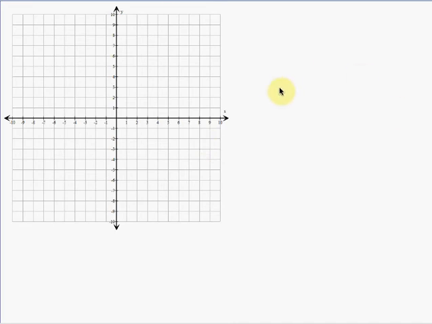Alright, so we are going to graph a quadratic function, meaning that it's going to be a parabola. We're going to graph one of them here. If you can do one, you can do them all. You just have to follow these steps. Alright, so let's see here. We're going to start out